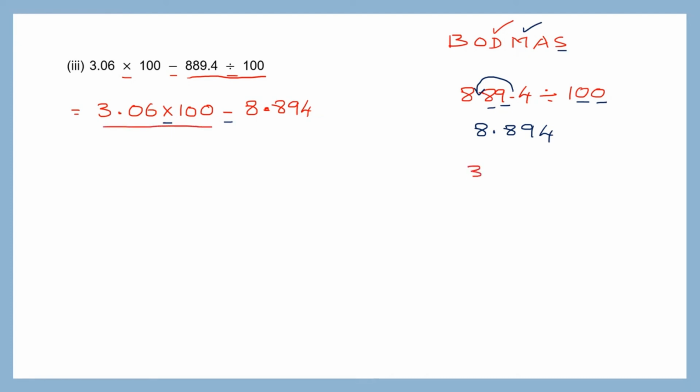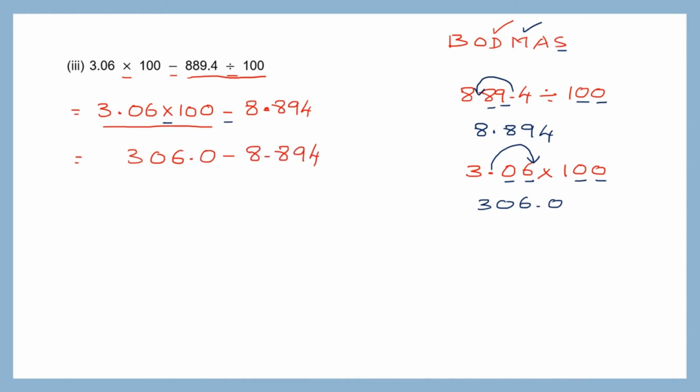So that is 3.06 into 100. 100 has two zeros, so my point moves two places to the right and comes here. So what do I get? 306.0 or simply 306. So let me write that 306.0 minus